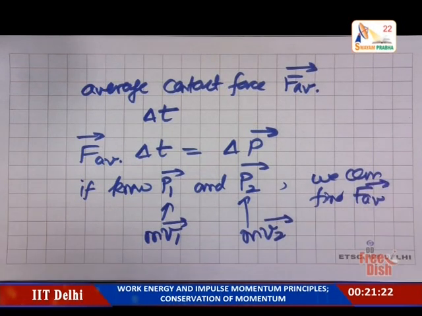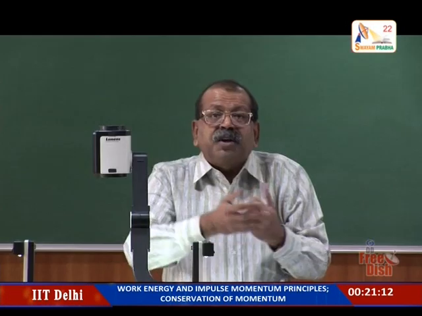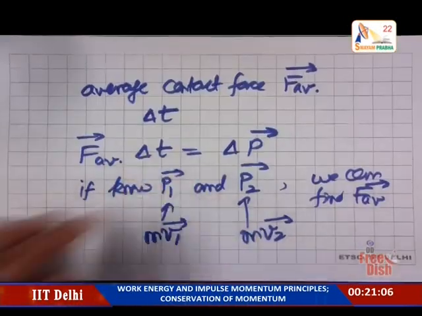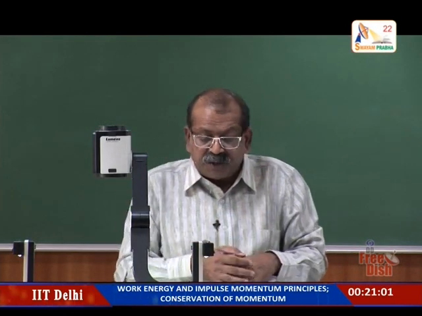So, if you want to find how much force Kohli's bat applies on the ball, for that you need to know the initial momentum of the ball and the final momentum of the ball just after he has hit the shot, and the difference of these two will tell you how much force. And if you have an estimate of the time of contact, the time for which the ball has been in contact, then you can find the total force. Okay.